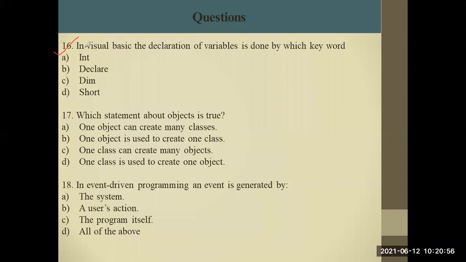So how do we declare a variable? Which keyword is used? In Visual Basic, to declare a variable, which keyword is used? I just discussed it in the previous slide while declaring the integer type variable. No, we're not using that. So if you go back to the previous slide,